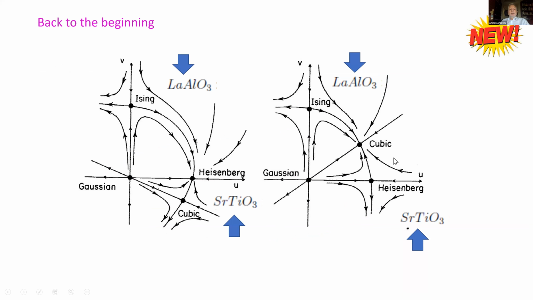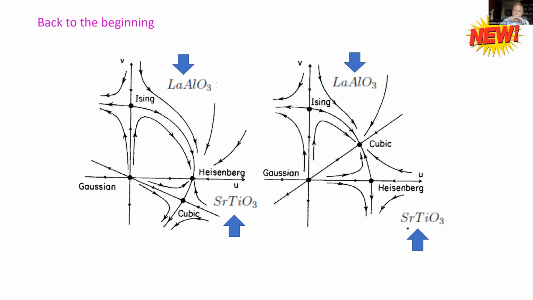The beginning of this story was this diagram, which, as I told you, has been copied by many people in many papers. And what I did on this slide is only add the initial lanthanum aluminate up here and the initial strontium titanate down here. Remember, the Landau-Ginzburg free energy of lanthanum aluminate has positive V. The initial Landau-Ginzburg theory for strontium titanate has negative V. So initially, lanthanum aluminate is up there and strontium titanate is down here, and then they start flowing according to